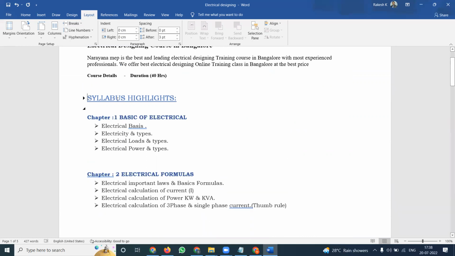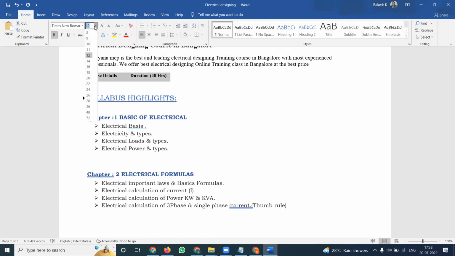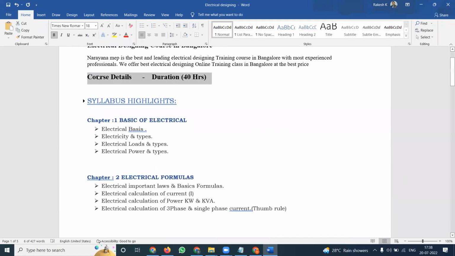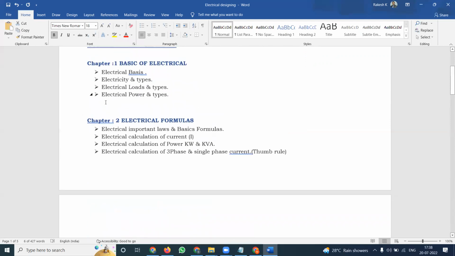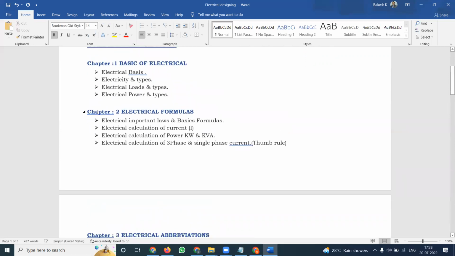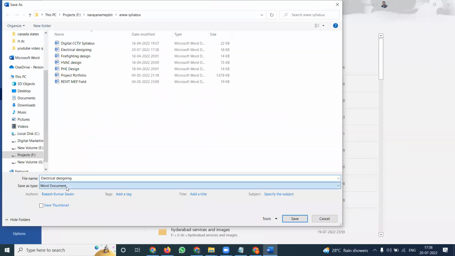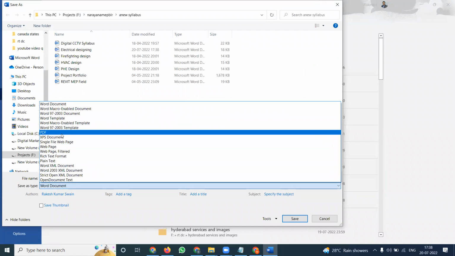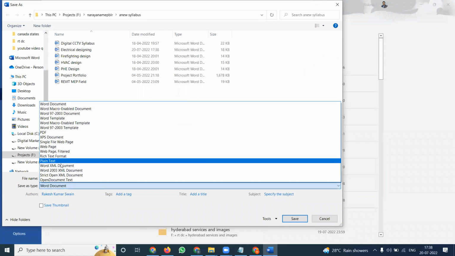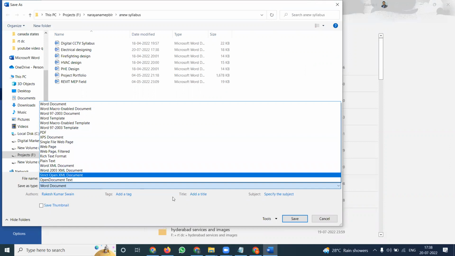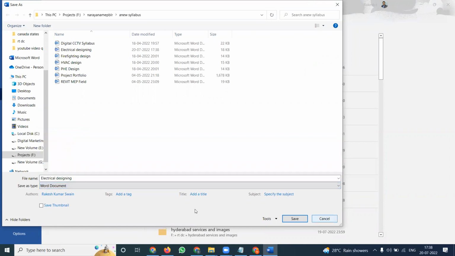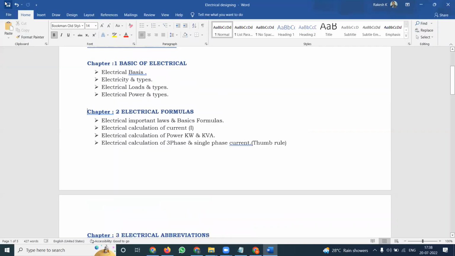We can give the space. Syllabus highlights. Course information. And save it: File, Save as. We can check whether this document can be converted into a PowerPoint presentation from here. It is not available. After saving this file,